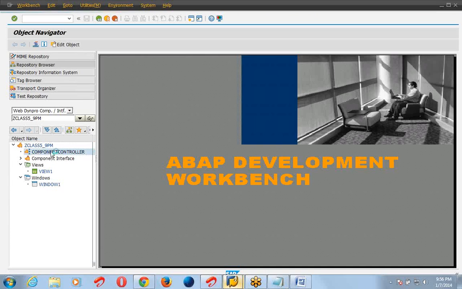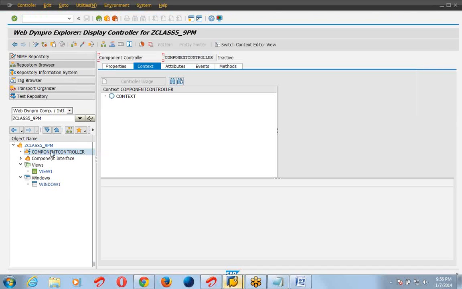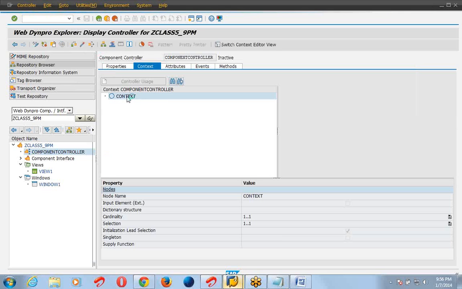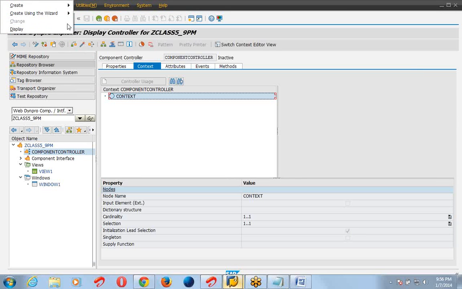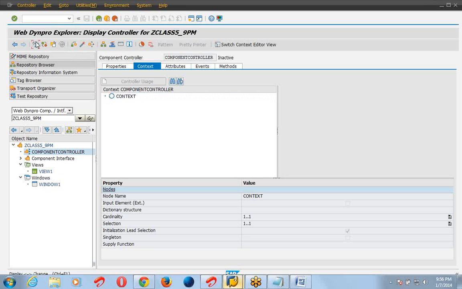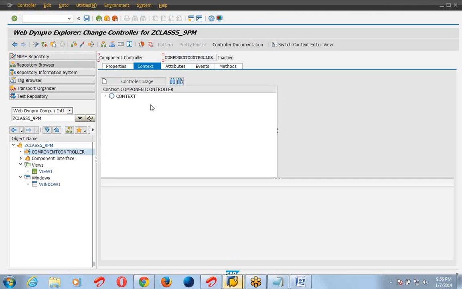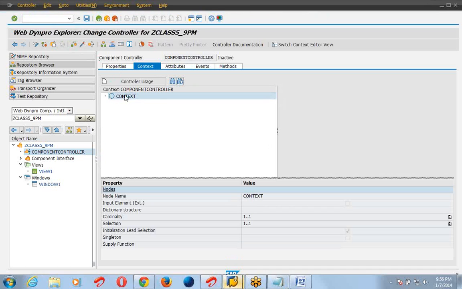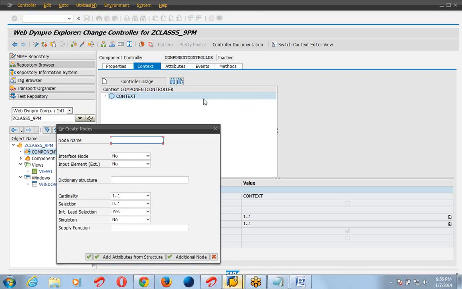Now go to component controller. First create a node. Node name input.